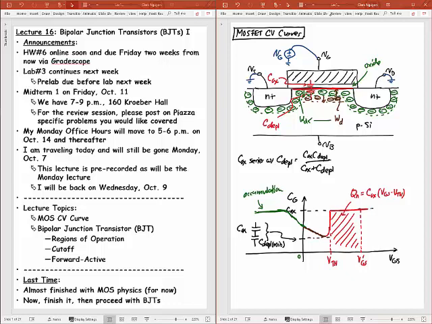This is where we have a layer of holes at the silicon oxide interface. So right in the channel. It's not an inversion layer, but it's going to be a layer of holes there. And so this here corresponds to when we get our inversion layer. And remember, for an NMOS device, the inversion layer is going to be of electrons.